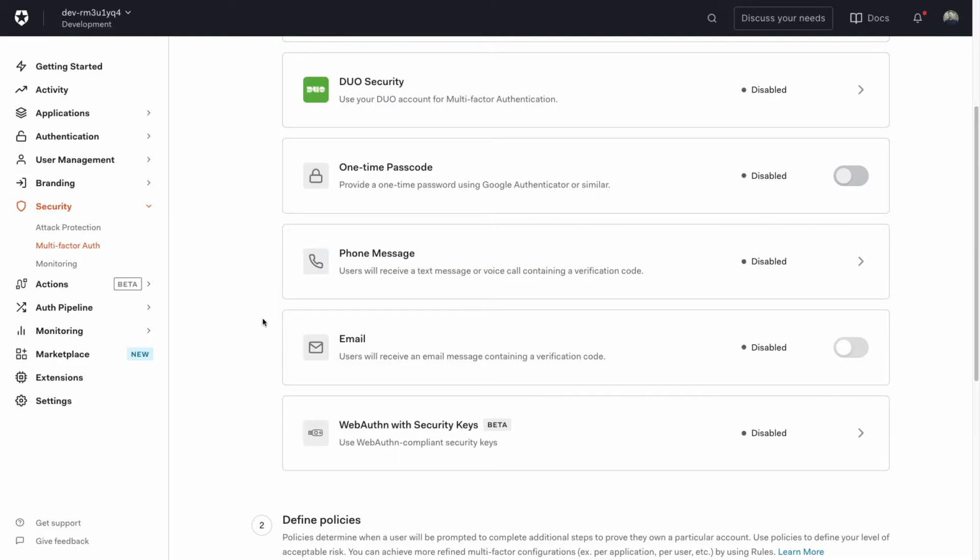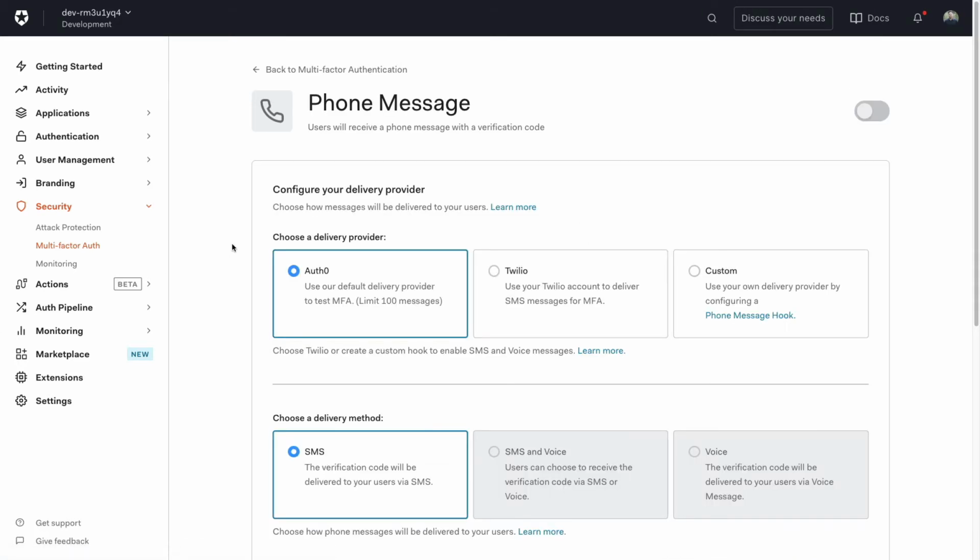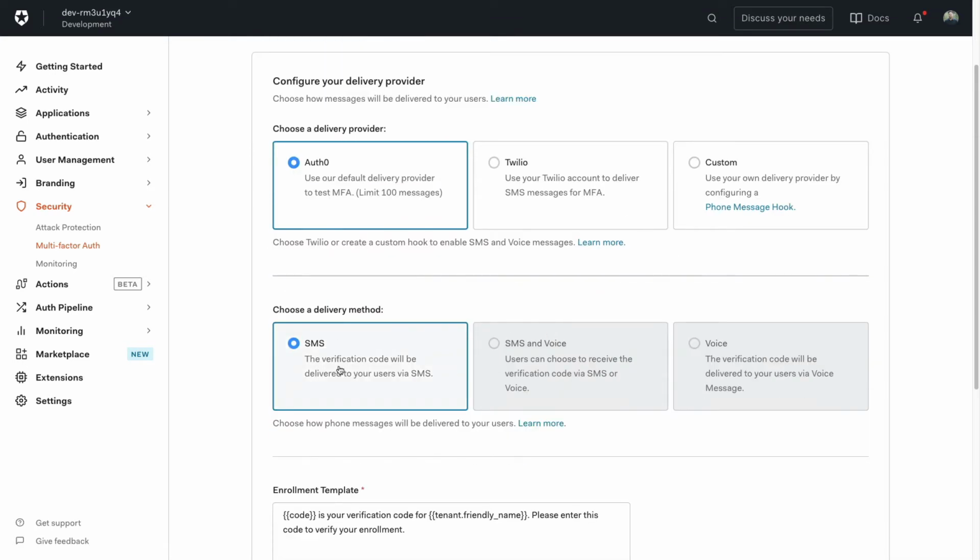Next up, we have sending a phone message, which as it states, this option either sends a text message or does a voice call with a verification code. Within this factor, you can choose to use the Auth0 delivery provider, which has a limit of 100 messages per tenant and only does messages, connect to Twilio for messages and calls, or use another third-party app which does the same. With the Auth0 option selected, I'm only able to do the SMS delivery method,